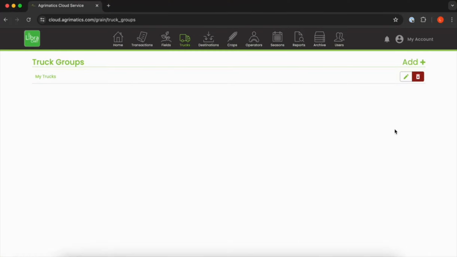Archiving is a similar function to deleting. It is obviously a Pro service only feature, but it allows you to, instead of just outright deleting all of the data related to a certain thing, archive them, and that will still remove them from the scroll list, so you don't have to scroll through old fields or old trucks all the time. But it will instead archive them, so you can still view the data at any point that you need to.